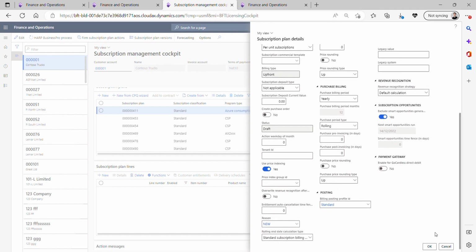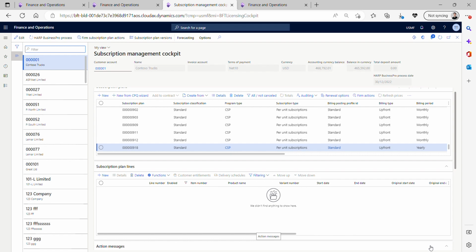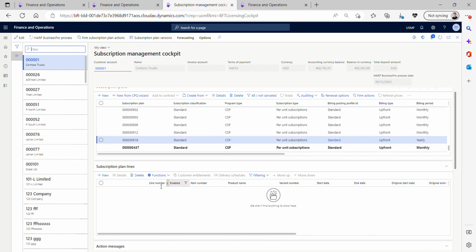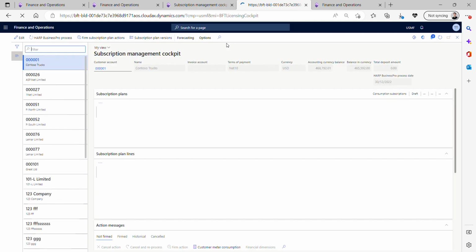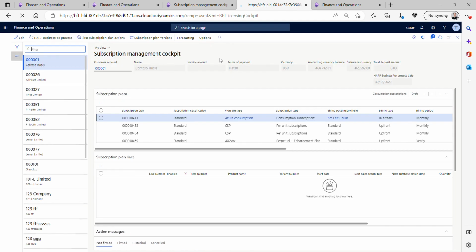So if I click OK on this plan, I will go ahead and add a new line, but of course before that you will need to remember that this will only work if we have price indexing set up. So for that I am going to access my price indexing setup, and we will be adding a new indexing for a specific